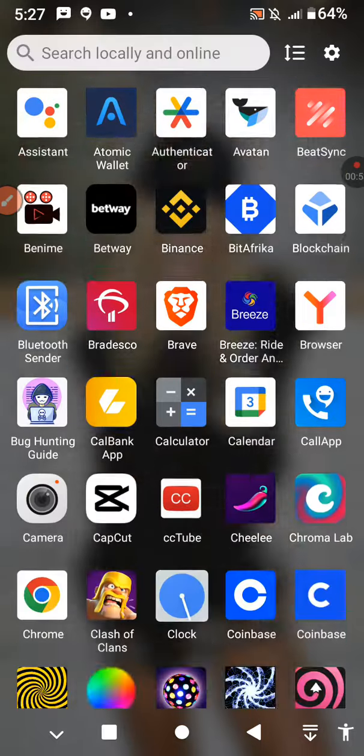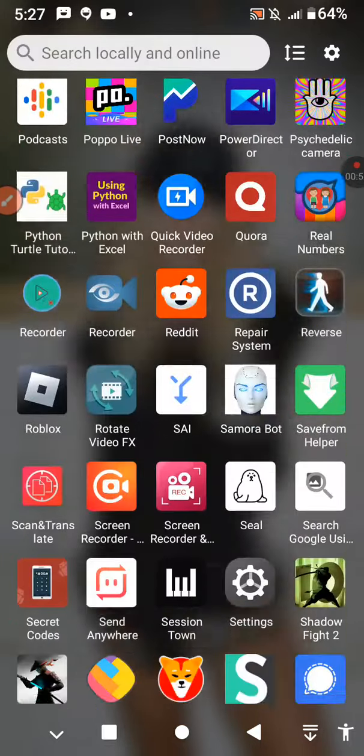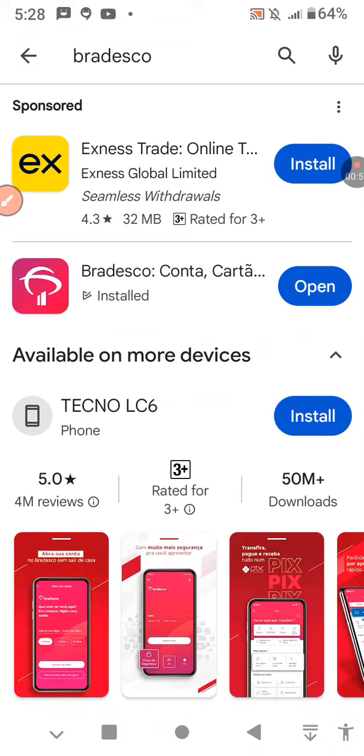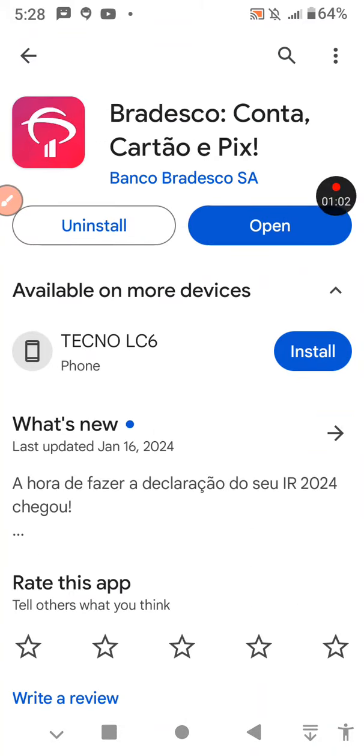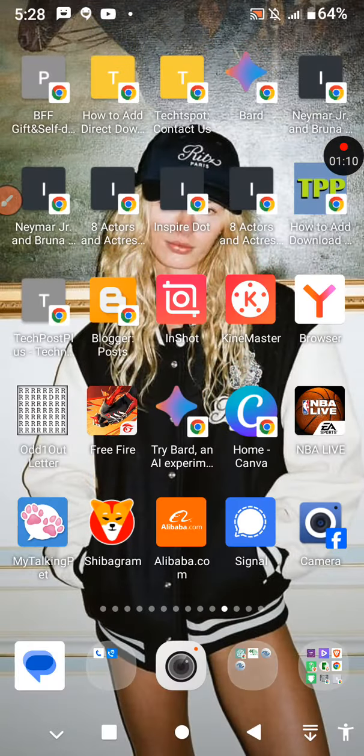Now go to your phone menu and try to search for Google Play Store. So tap on it to open it and try to search for Bradesco app. When it appears like this, try to update it. Tap on the update over here. If you don't have an update but you can see open like this, just leave it like that and tap